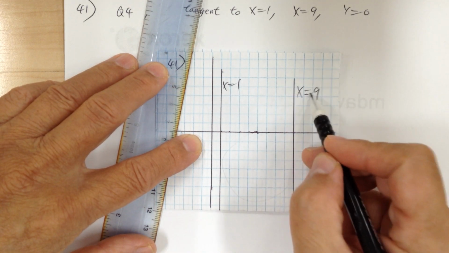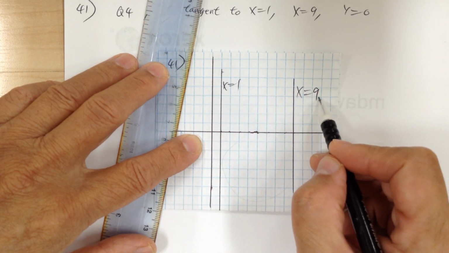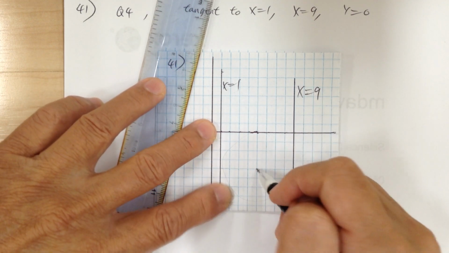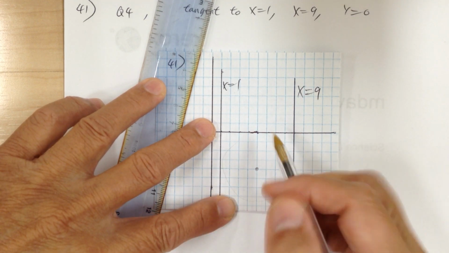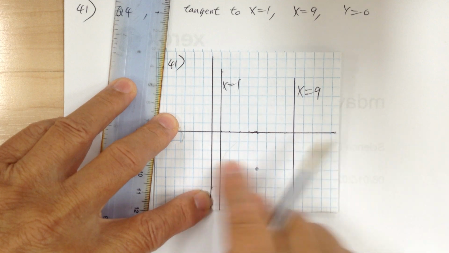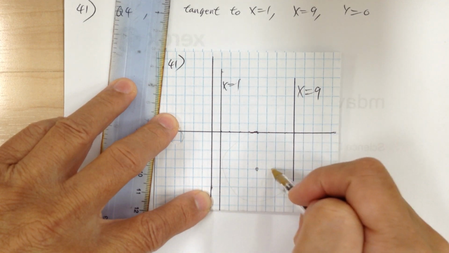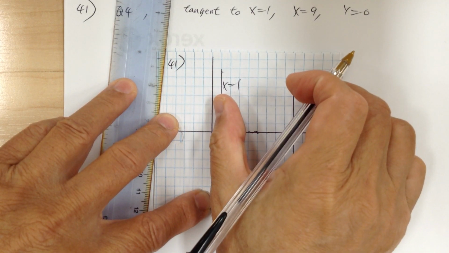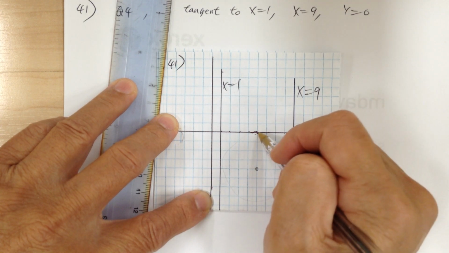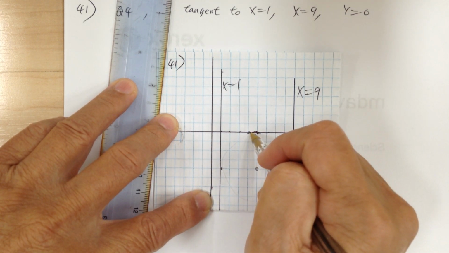From x equal to 1 to x equal to 9, that means the diameter is going to be 8, so the radius is equal to 4. So it means the center has to be over here. The center is going to be halfway between the two tangent lines. The diameter is 8, so the radius will be 4, and it's tangent to here, right? Once you sketch it out,